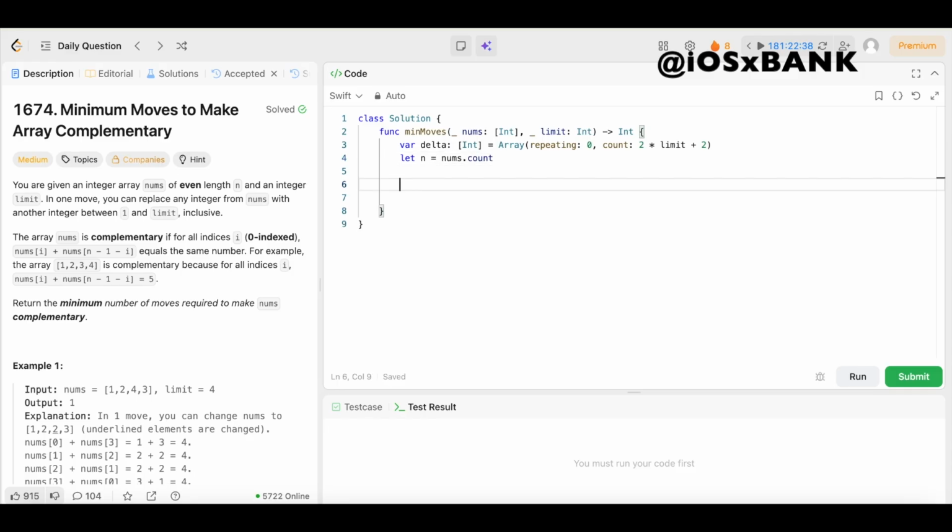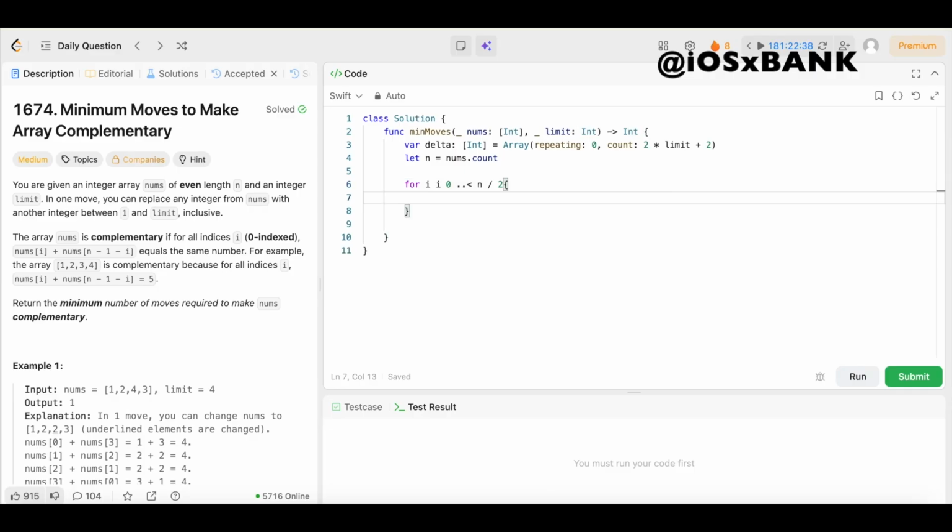Boom. Now we're going to iterate through the mirrored pairs in the array. So we're going to say for i in 0 less than n divided by 2. We're going to open up the brackets, and we're going to pair values from opposite ends. Because remember, all we're doing is this plus this and this plus this just inside the layer, right? Just layer for layer. So we're going to say let a equal nums[i], and we'll come underneath this and we'll say